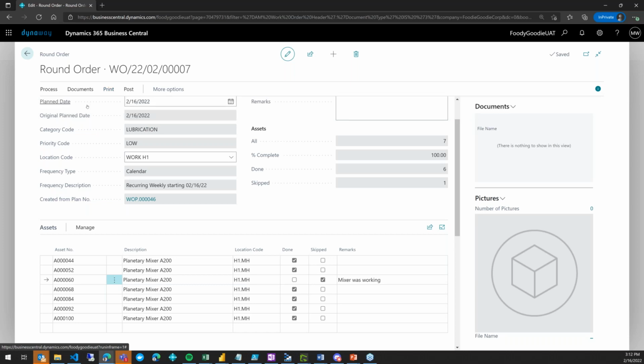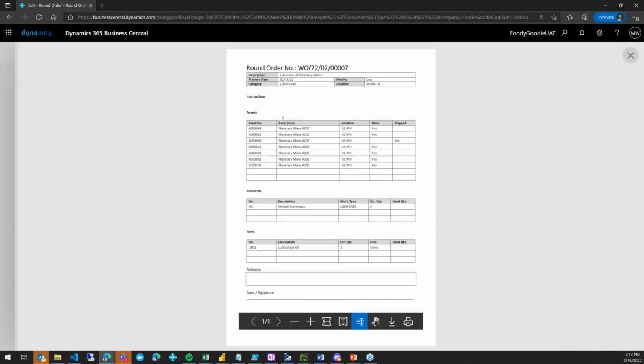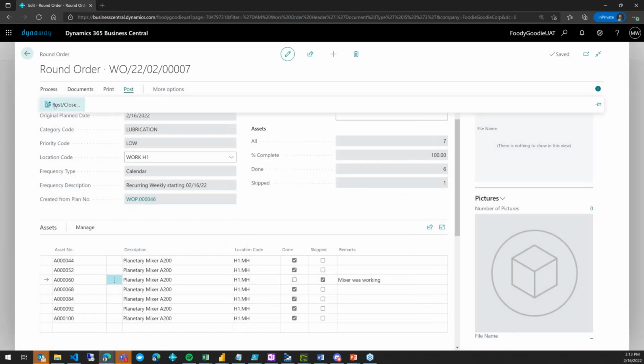So if I just show you the preview of the round order, you will see that I have my header, but I also have all my assets, and I have columns done or skipped. If I haven't filled it, you can fill it manually and then put it in the system. When I post the round order, so let me post it,